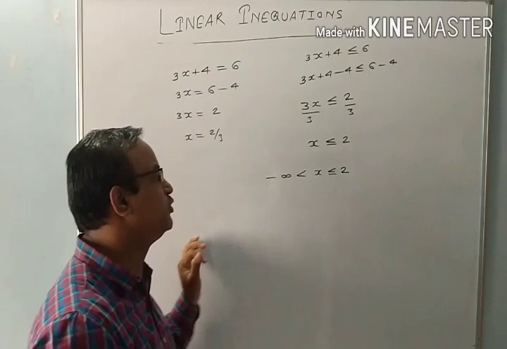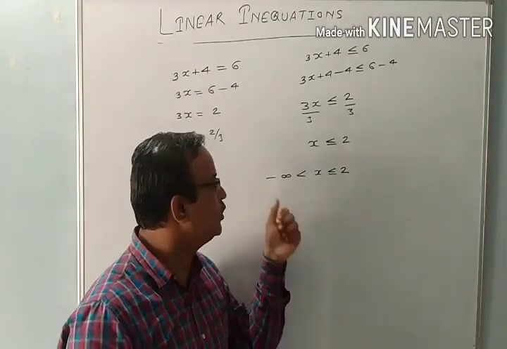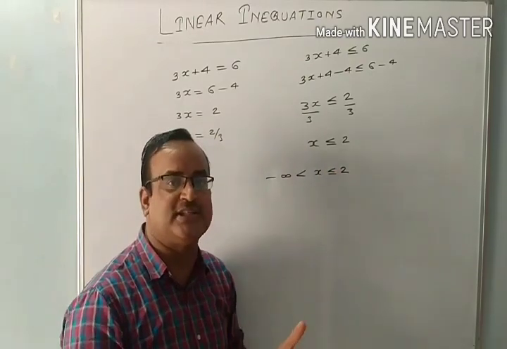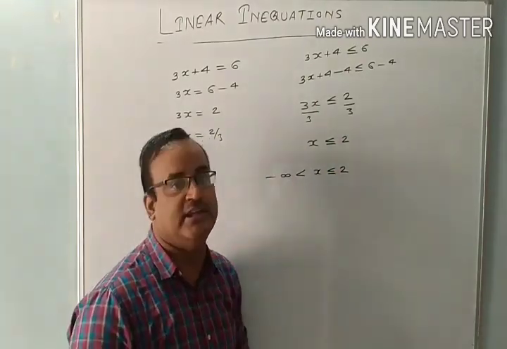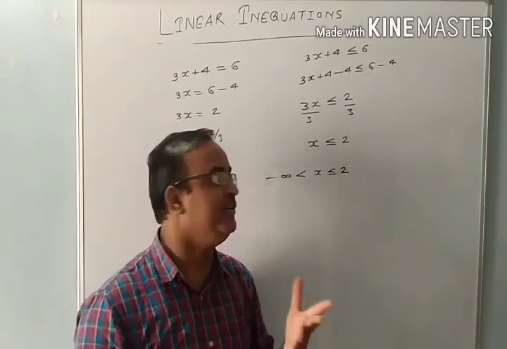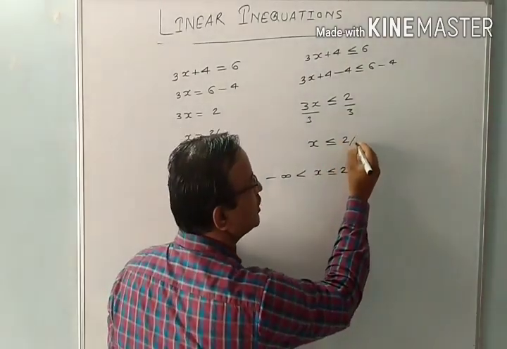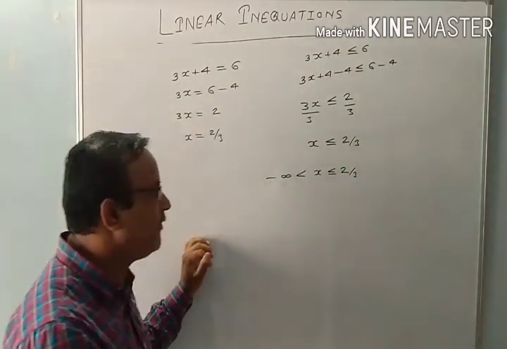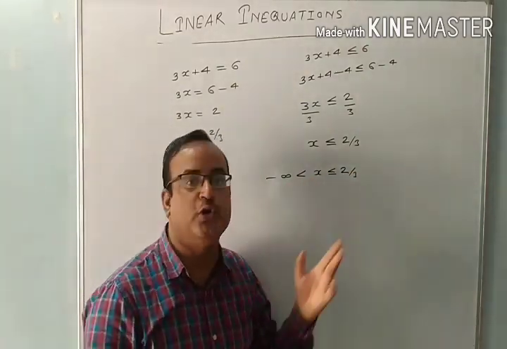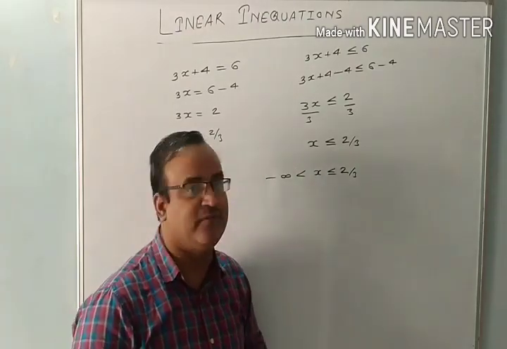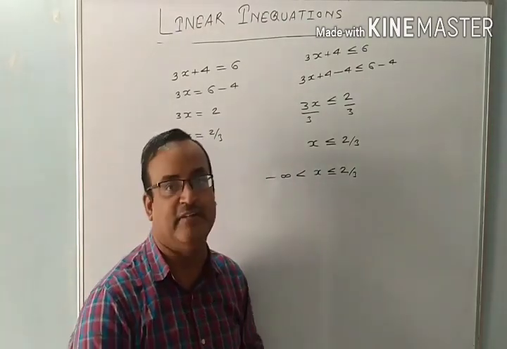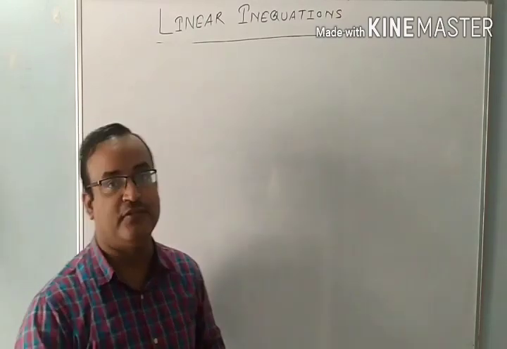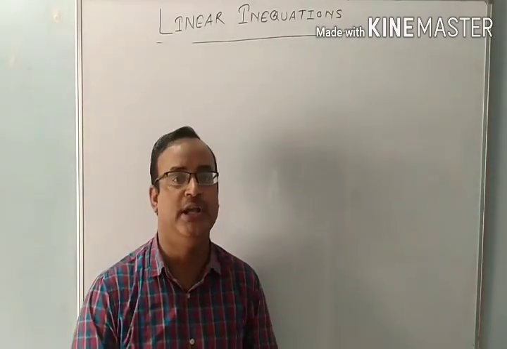That means all the values of x which belong to the interval from minus infinity to 2, I am going to discuss the intervals which satisfy the given linear inequations. Finite intervals, and I think I have written it wrong here, so it must be 2 by 3. That means the value of x which is less than or equal to 2 by 3, but more than minus infinity, all the values satisfy the given linear equation. In order to write a solution of a given linear equation, we should know about intervals.